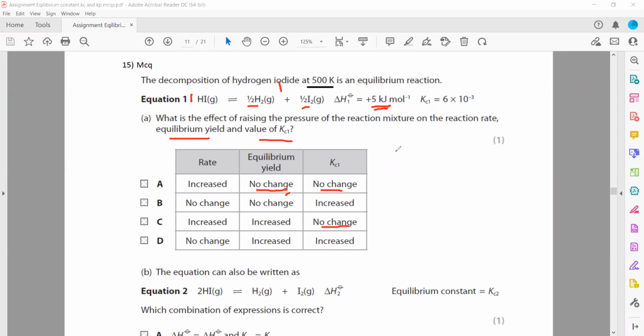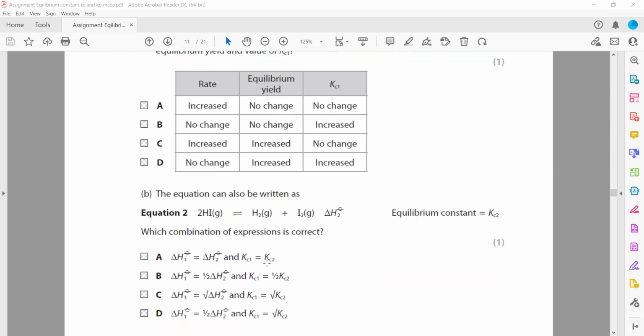As we increase the pressure, the particles come closer. They collide with each other more often. As a result, the rate of the reaction will increase. That's why A will be the right answer. Now, this is a similar question for part B, on how we can combine the two equations,